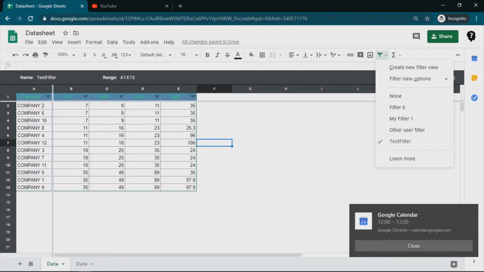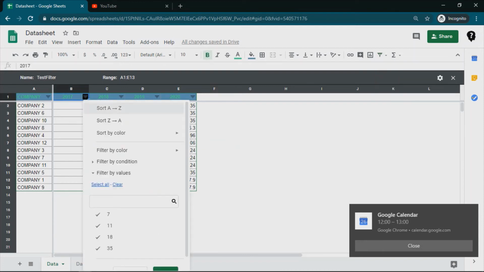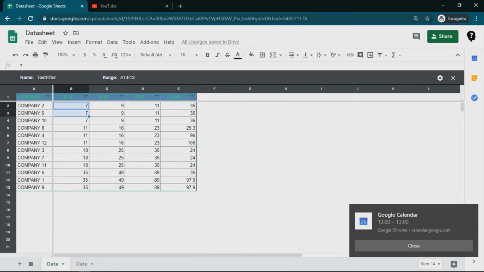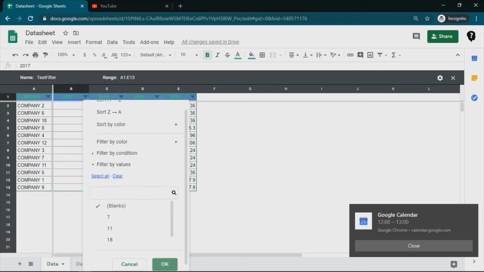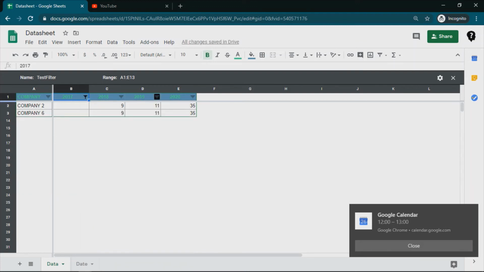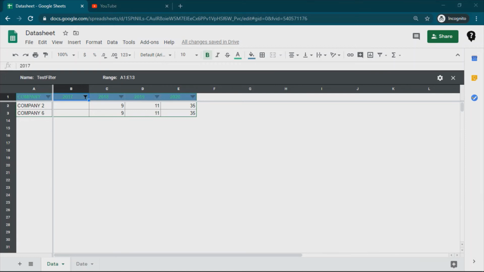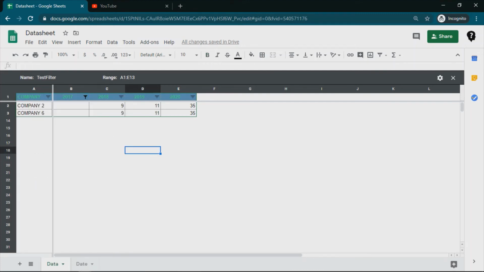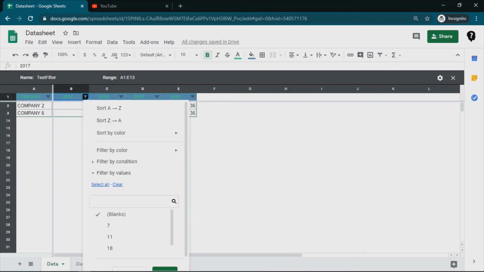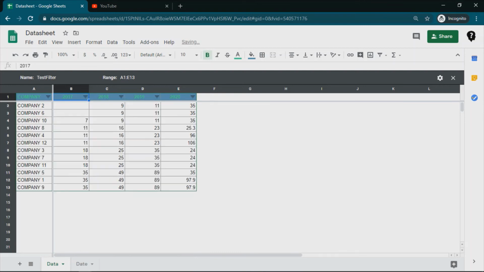That means if I am working on 2017 data and I just want to look at my blanks, the other person working on the 2019 data can create his own filter, apply it, and separately filter out this data. So the other person will not see this 2017 filter applied. This filtering is very crucial when it comes to simultaneous, collaborative or team working.